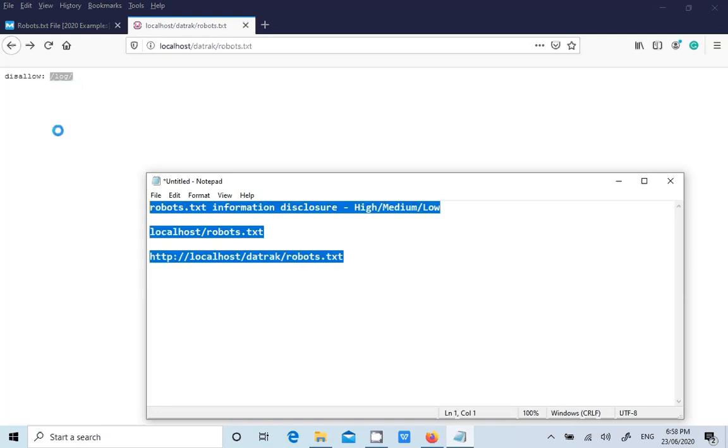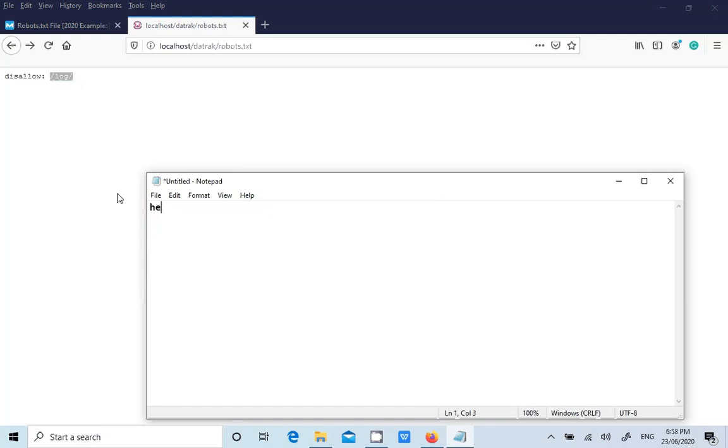Now we'll talk about 2-3 different scenarios. Now how will you check? When you have got some website for security testing like localhost, then you need to open robots.txt to check the contents in it. Let's say you have got an application for testing like localhost/dathrak, then you just need to add robots.txt to this particular application. Let's say you have got hello.localhost. Let's say this is a website you got for testing. Then how do you need to check?